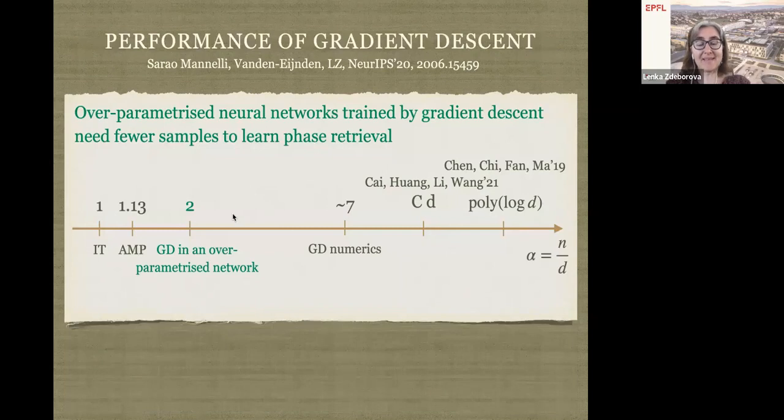So if I put that back into my axis here, we got that without over-parametrization, we needed 7 or maybe logarithmically many. And okay, sorry, the D should not be here. This is just a constant. But with the over-parametrization, just one hidden layer that is wide enough, but not infinitely wide, just wider than the dimension, just at least by 1, then we get that the gradient descent actually needs only twice as many samples as the dimension. So it's still not as good as the approximate message passing, but it got significantly better.